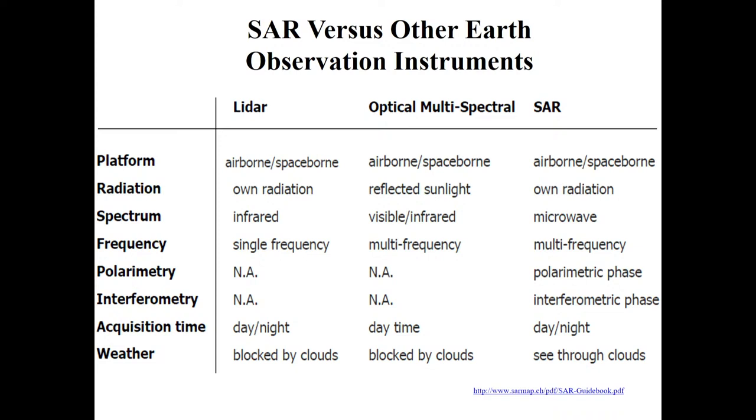One is polarimetry and another is interferometry. So with the help of the polarimetric and interferometric phases, several information could be retrieved, and this has been widely used in the scientific community in different thematic applications to retrieve bio and geophysical parameters with the help of polarimetry and interferometry. If you look at the acquisition time, LIDAR and optical